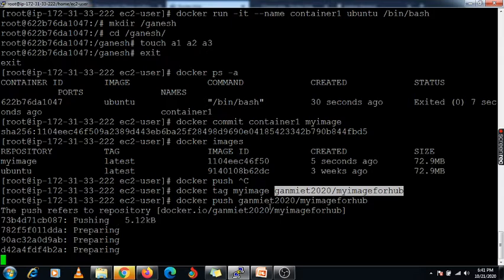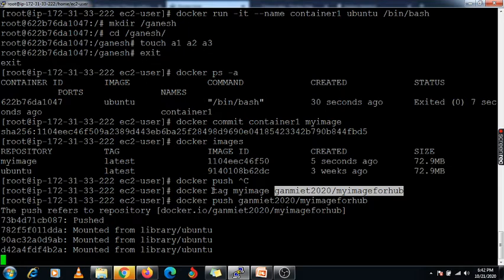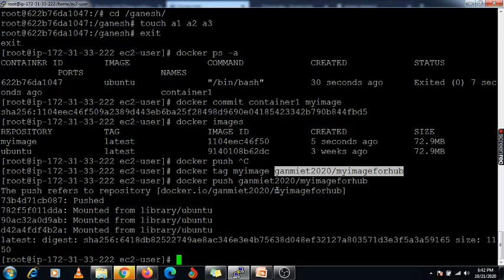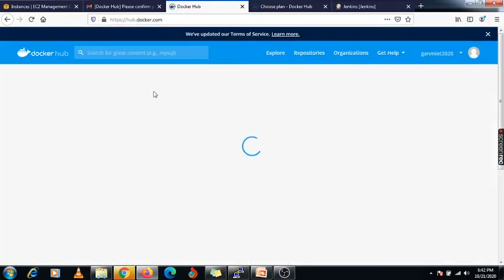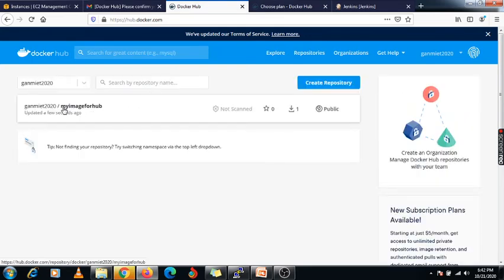Now you can see this image is going to be pushed from your local machine to your docker hub account, but here you need to log in first using this docker login command to push. Otherwise it will ask again to log in to your account, right? So now this image is pushed to your docker hub account. Okay, now I am going to refresh this docker hub account. So here you will see this image. So this is my image which I have pushed from my local machine, right?